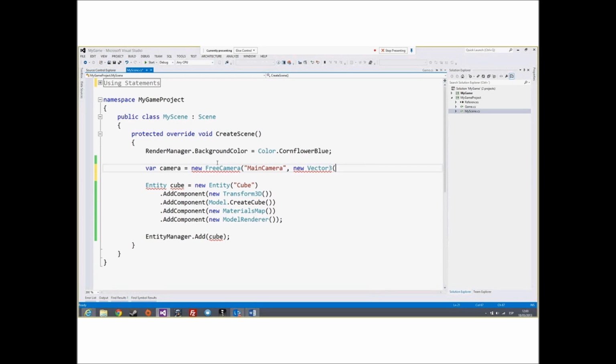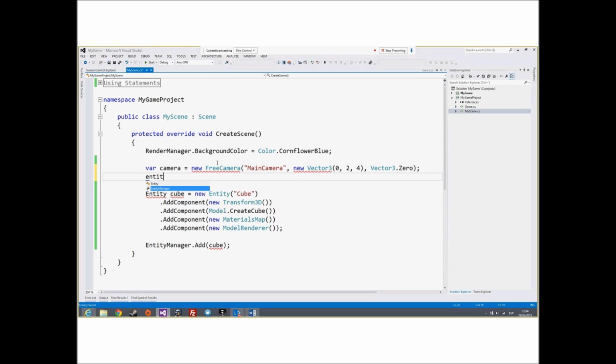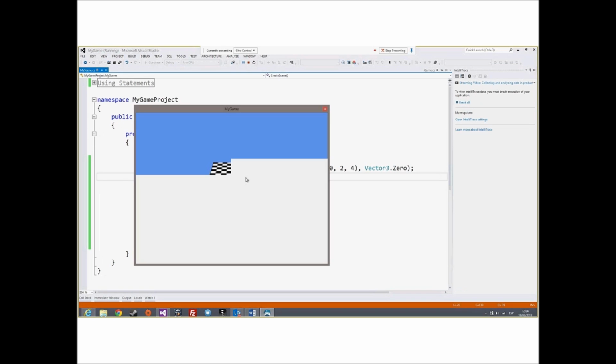I'm going to put it here and look at Vector3 zero. Okay, and now we also need to add this camera to the entity manager. Camera, and now if we run it, we can see our cube on screen.